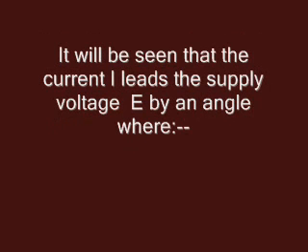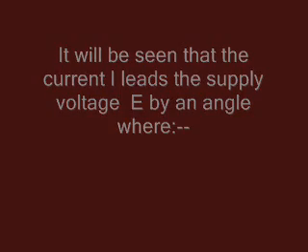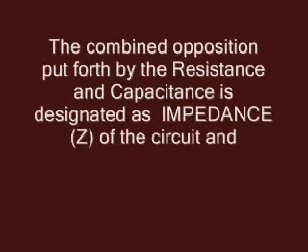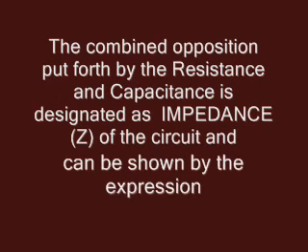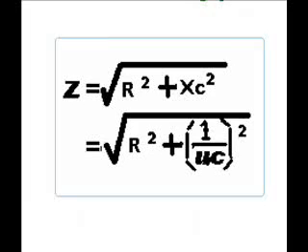It will be seen that the current I leads the supply voltage E by an angle, where the combined opposition put forth by the resistance and capacitance is designated as impedance Z of the circuit and can be shown by the expression